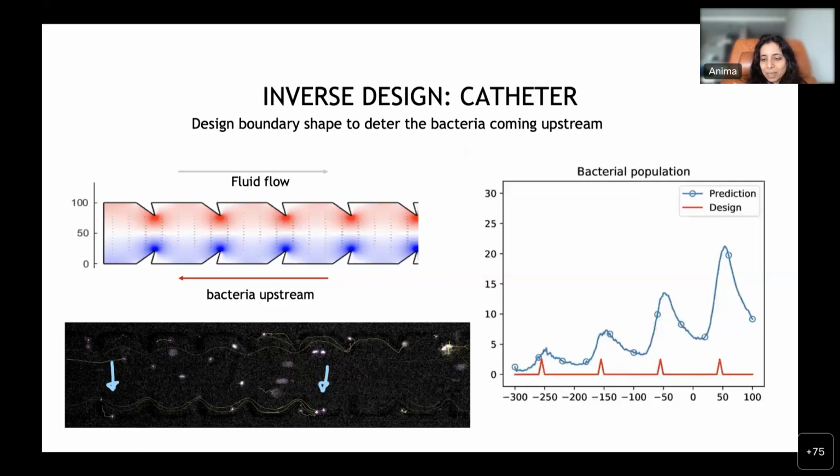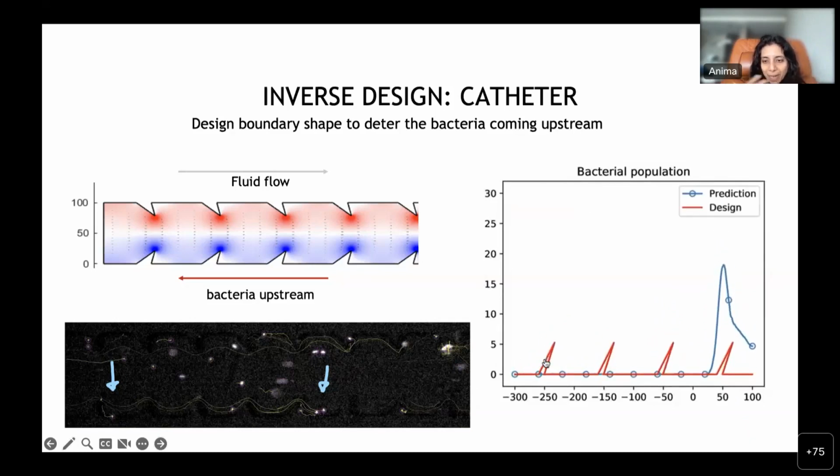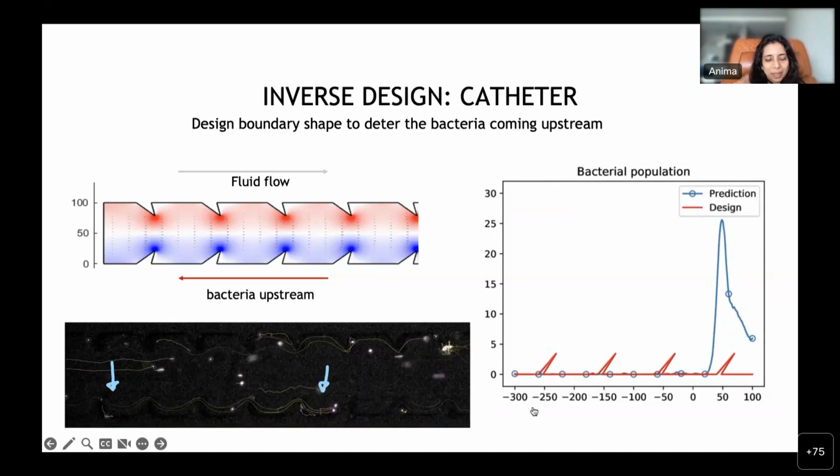And so what we did was to ask, how can I find the optimal triangular shape to minimize the bacterial contamination? Here the contamination should ideally be zero, because we don't want the bacteria going back into the patient. We were able to do that by doing gradient descent, which is very fast and effective. And that's how we were able to very quickly propose a design, and our collaborators 3D printed it and tested